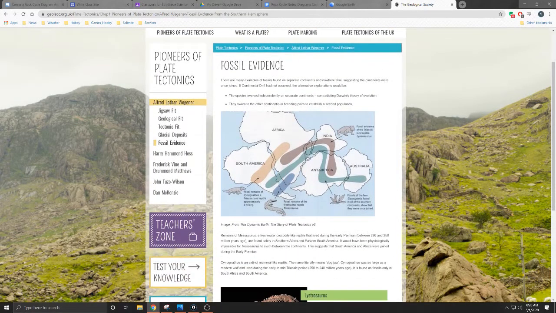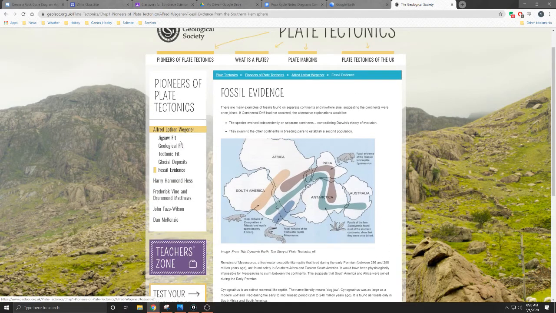This is one that I thought was extremely well done. It talks about Alfred Wegener and the evidence that he used to support continental drift, and that evidence has been kind of assumed and utilized in this overarching concept of plate tectonics. So the big piece of evidence here is Gondwanaland down at the bottom, the supercontinent. Whenever Pangea broke up into Laurasia and Gondwanaland, there were two really big continents.